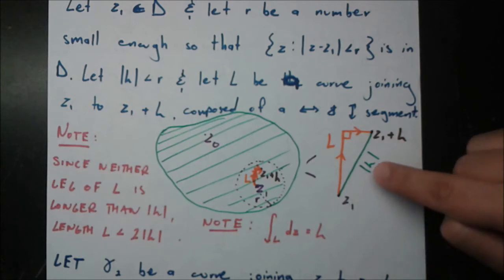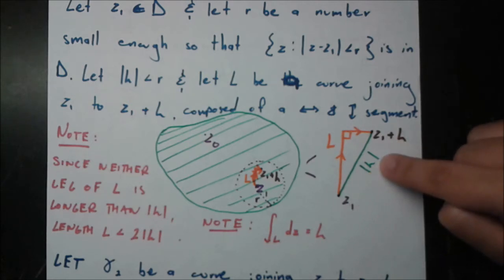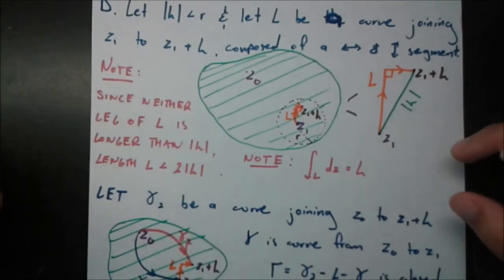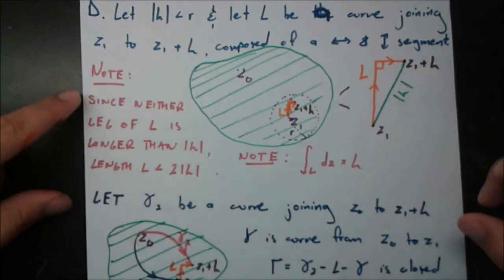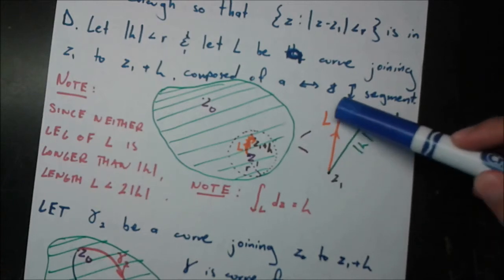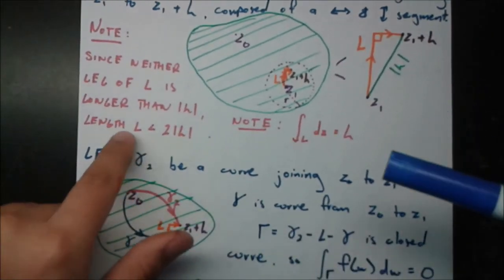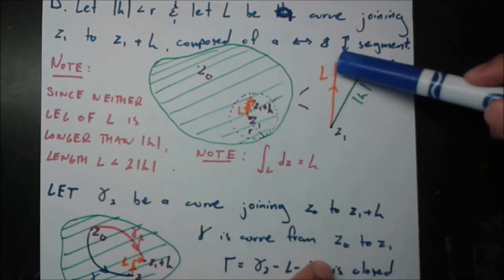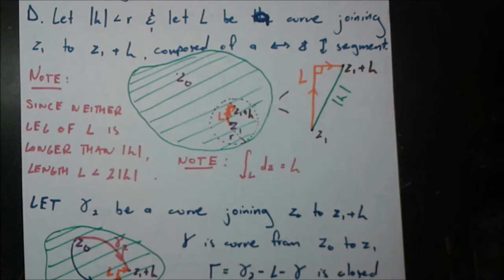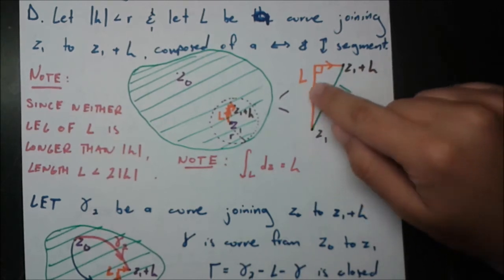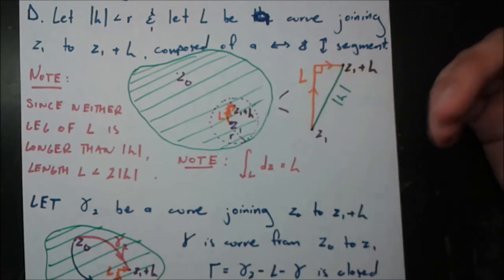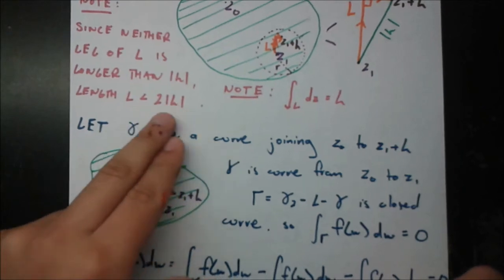And this distance from z1 to z1 plus h is modulus h, because that's how distances between complex numbers are formulated. Okay, so two things to note before we go on in the proof. Note that since neither leg of L is longer than its hypotenuse, and this is just something from geometry, neither leg of a right triangle can be longer than the hypotenuse. So that means the total length of L, which is this plus this, has to be less than 2 times the hypotenuse. And just take a minute to reassure yourself that makes sense, because if this leg is less than the hypotenuse and this leg is less than the hypotenuse, then added together, they have to be less than twice the hypotenuse. So we have length L is less than twice hypotenuse. That'll be important